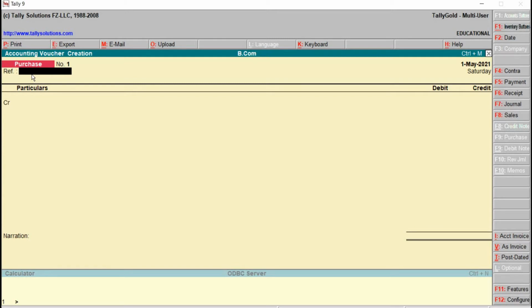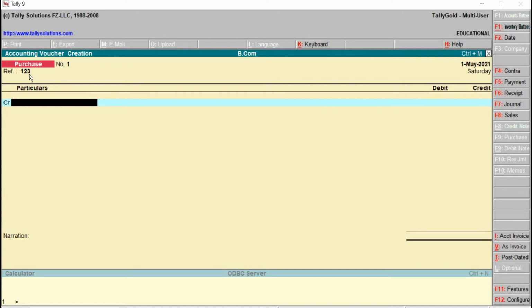Tally automatically captures this as an invoice number when displaying the invoice wise details of the supplier's balance or creditor's balance. But this will not happen in case of sales vouchers. The reference number is normally used for numbering the invoice received from the creditors. I just provide here the reference number as 1, 2, 3.